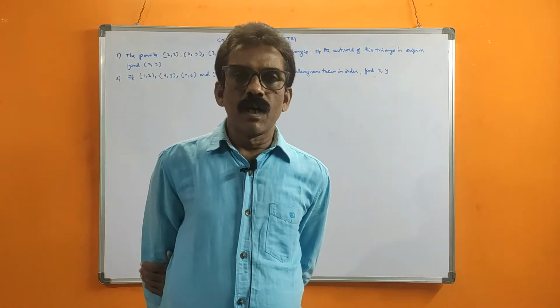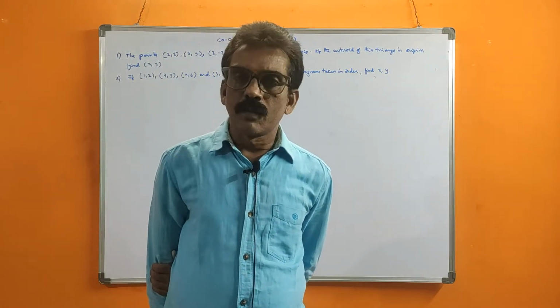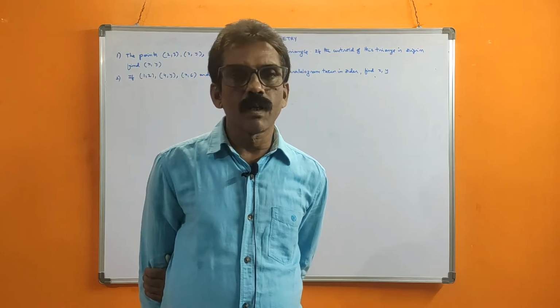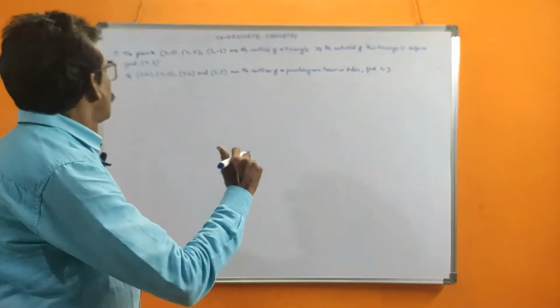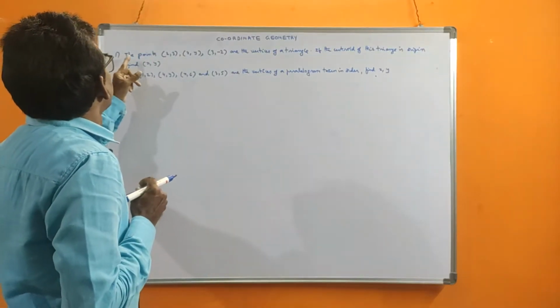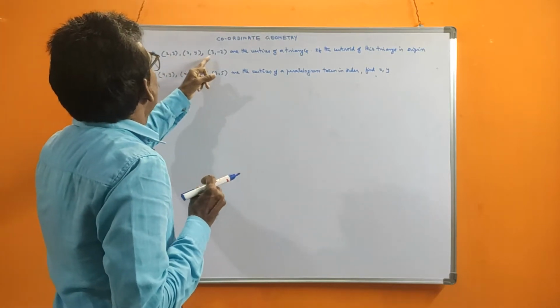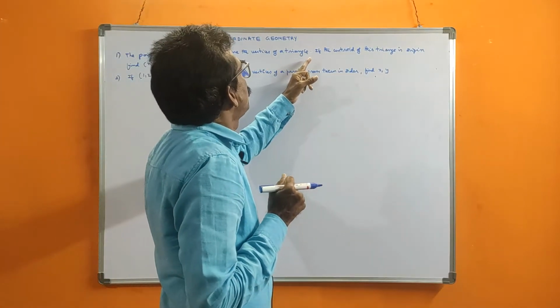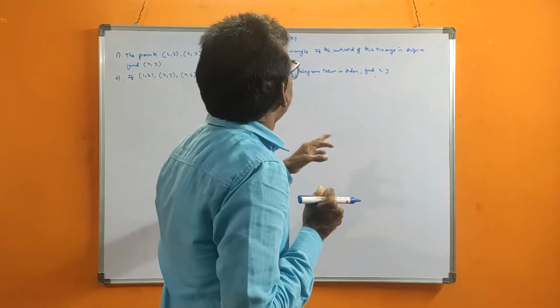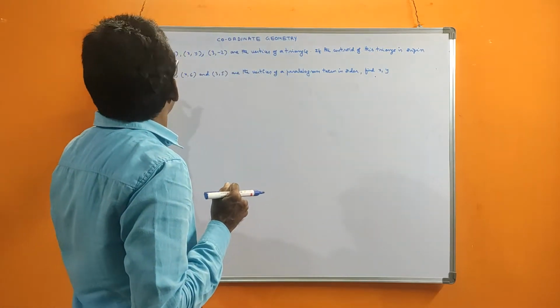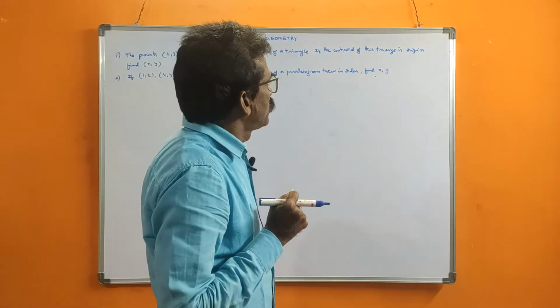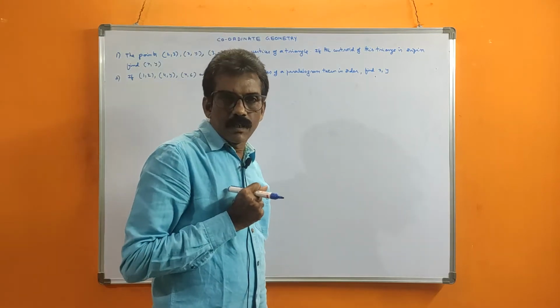In this video, I want to explain some more numerical problems on coordinate geometry. In this first problem, the points (2, 3), (x, y), (3, -2) are the vertices of a triangle. If the centroid of this triangle is the origin, find x comma y. Okay, now